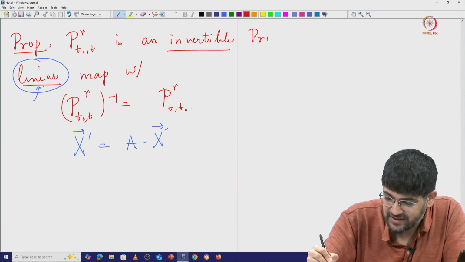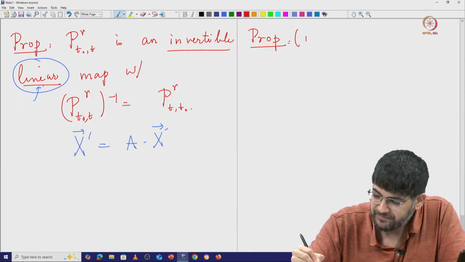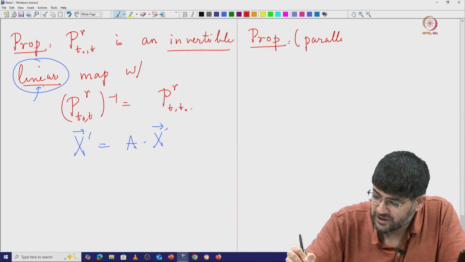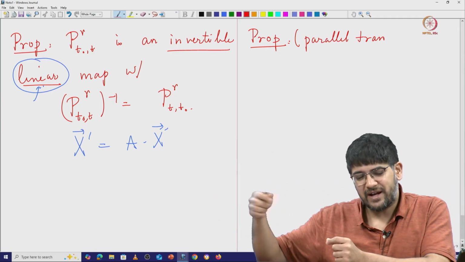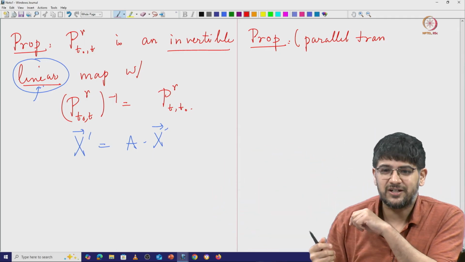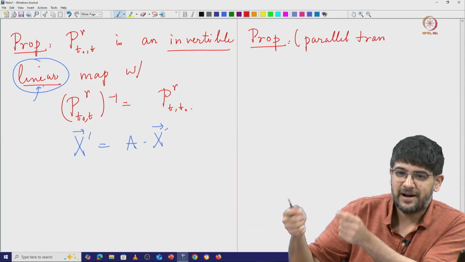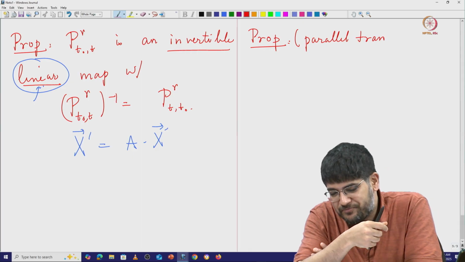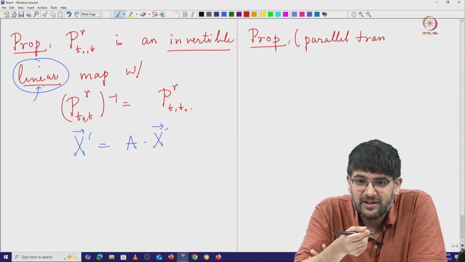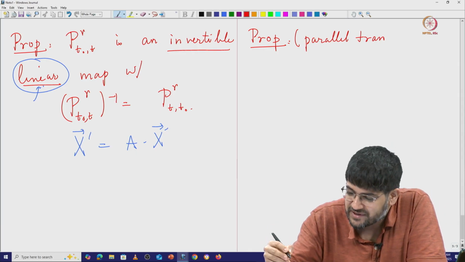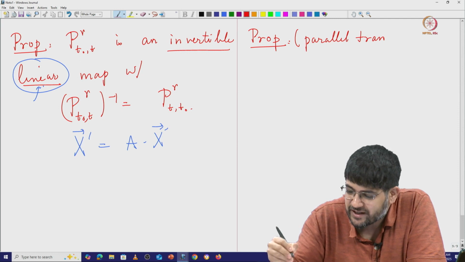That's a good exercise. So instead, I want to show you that parallel transport. So of course, if you have a connection, that gives rise to this parallel transport map. But now one can also go in the other direction, that the parallel transport can actually be used to calculate what the covariant derivative is. So the parallel transport map completely determines the connection.